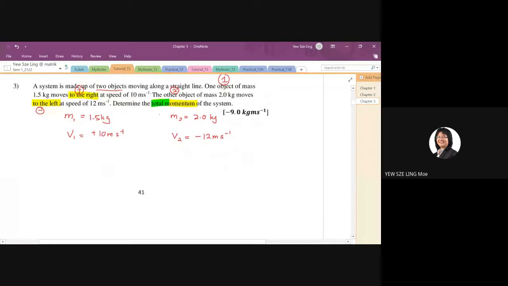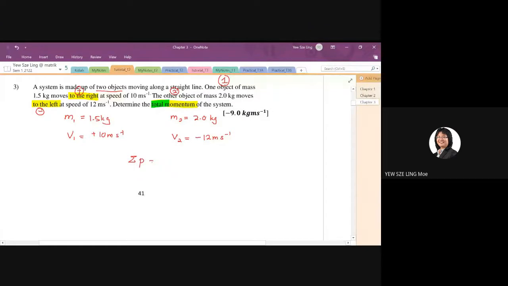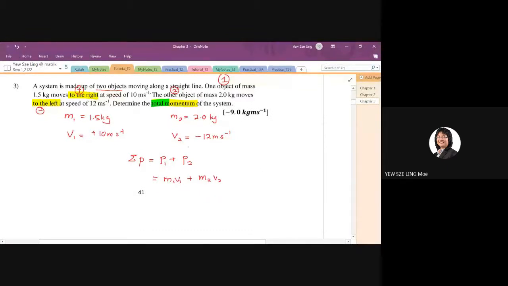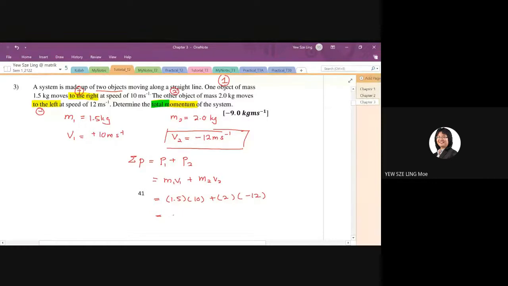All right, it's up to you whether you want to calculate them separately or put them in one equation. I'm just going to put it in one equation. So total summation P equals P1 plus P2, which equals m1 v1 plus m2 v2. When it comes to substitution, because you have a negative value, make sure to substitute the negative into your equation. So it equals 1.5 times 10 plus 2 times negative 12. Therefore, the final answer is negative 9